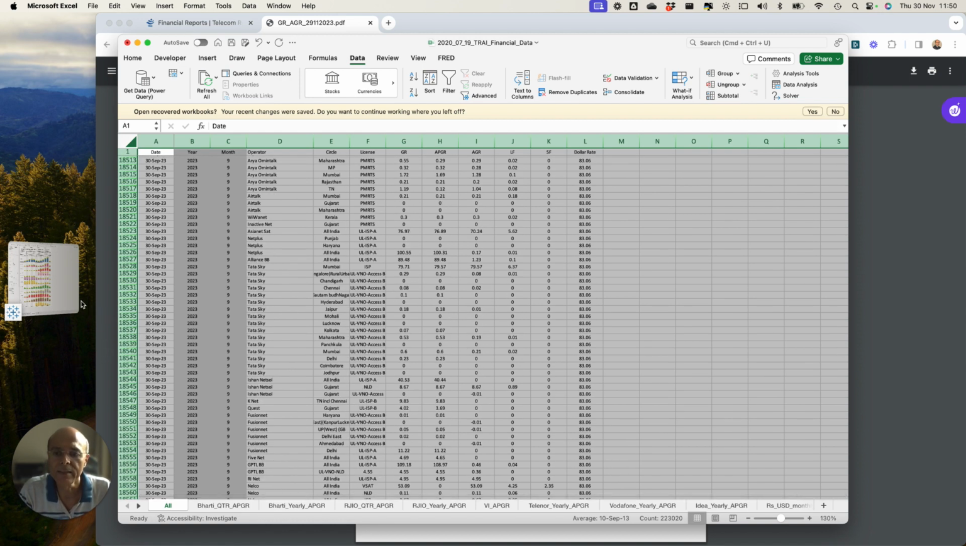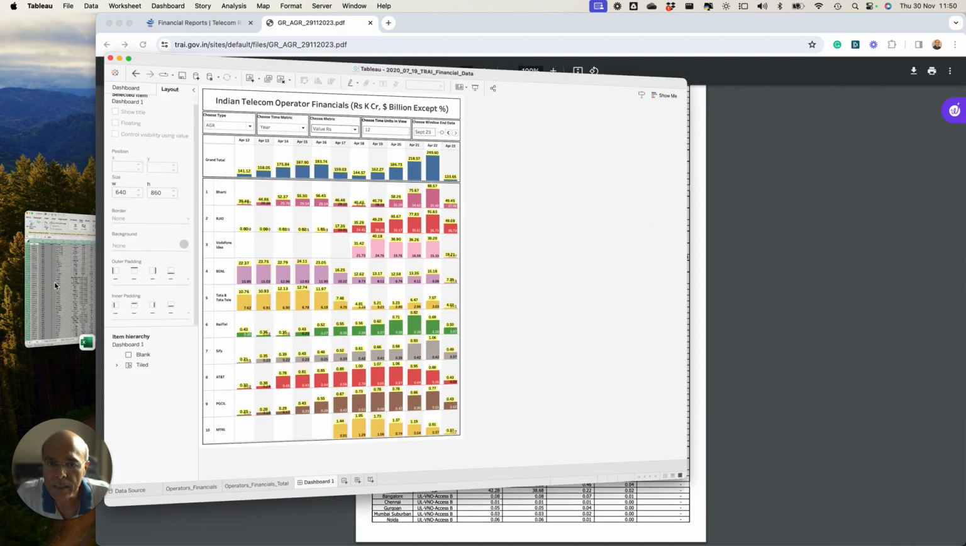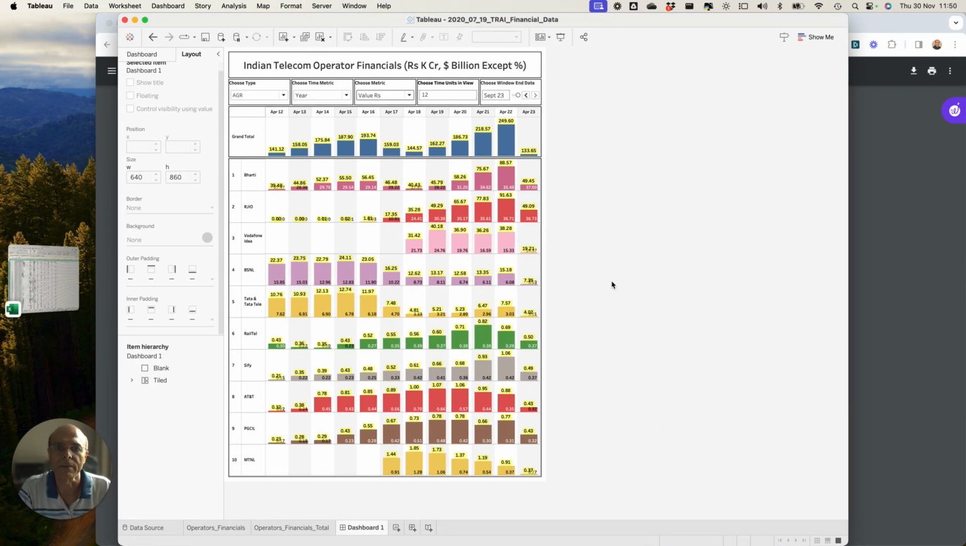So friends, in this video I will quickly take you through the operators' financial data and how the trend looks, not only from the aggregated total financial numbers point of view, but dissected by each and every operator. So I have created this dashboard. Let me explain how to read it. The top part of the dashboard has the aggregated total number for all the telecom operators on a pan-India basis,